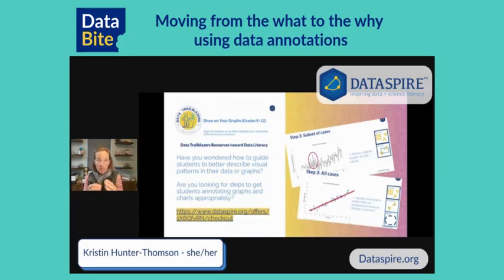But this is a way to actively get kids to connect those 2 pieces, from the notice to think, or the I notice this and I think that, or I identify this and I'm interpreting it as that. That in between, that bridge cognitively has a lot going on. So check out this resource, the Draw on Your Graphs resource, as a way to help bridge that gap, or as a way to bridge